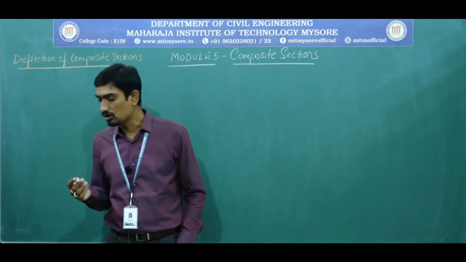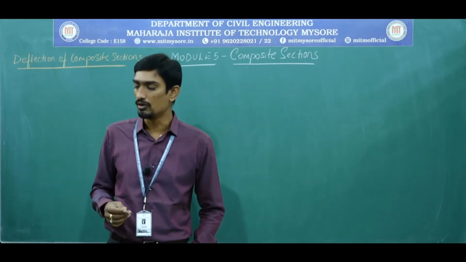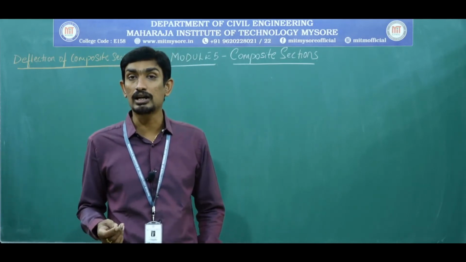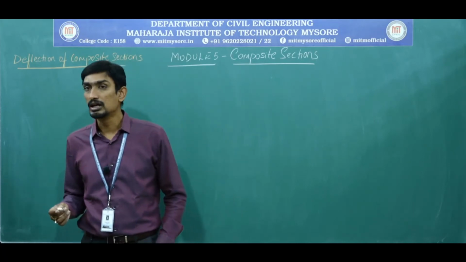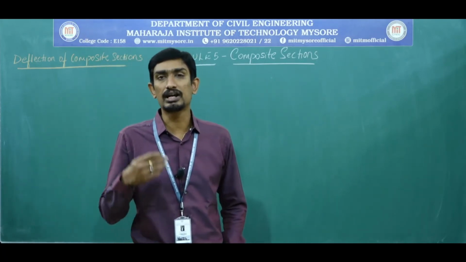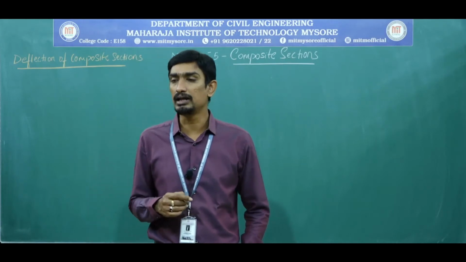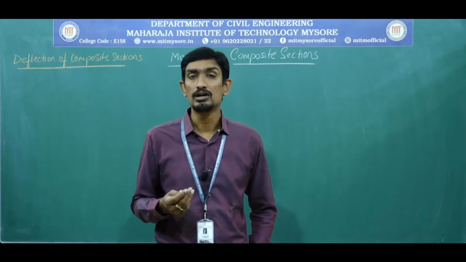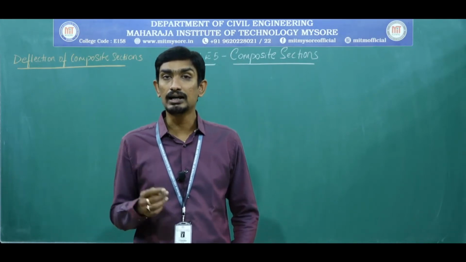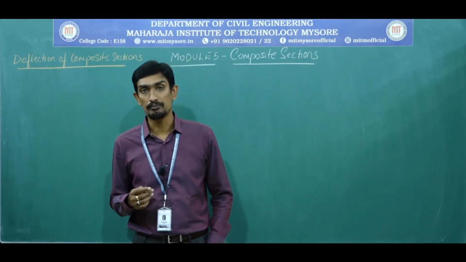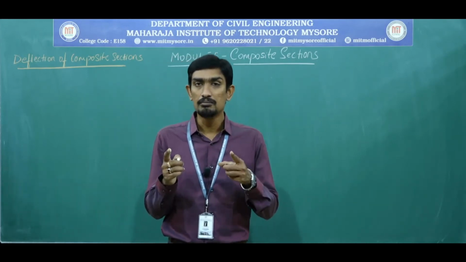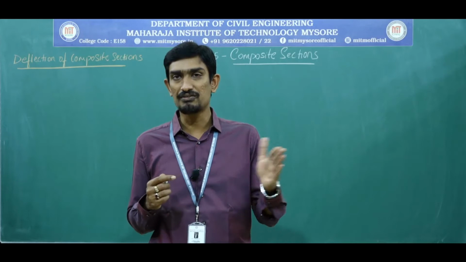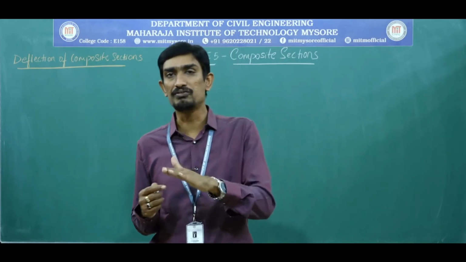In connection to this, I will continue my discussion in the composite section. As I stated, in composite members the deflection will be taken into account on the basis of the different stages of loading or different types of loading. And one more parameter is the modulus of elasticity of the precast pretension beam and the cast in situ concrete slab. So this is the difference between regular sections and composite section, that is the difference between module number 2 and module number 5.